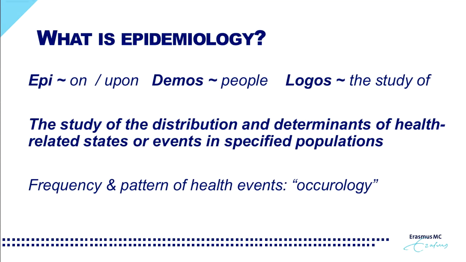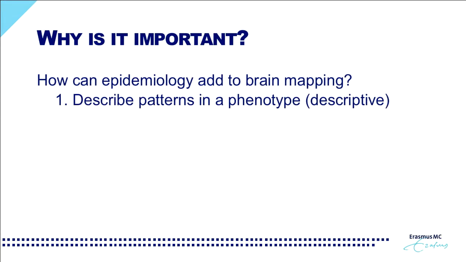So Tanya already went over, I think, roughly the same definition, so I won't spend too much time on this. Really simply, it's the study of the frequency and pattern of health events, or, as a professor I worked with in Rotterdam who taught basic epidemiology called it, occurology, the study of occurrences. We're all very familiar with how epidemiology is applied, for example, in tracking disease states such as Ebola virus. But the reason we're here today to talk about epi is that we think there are some very interesting applications in